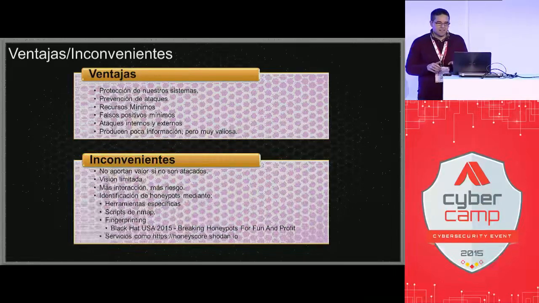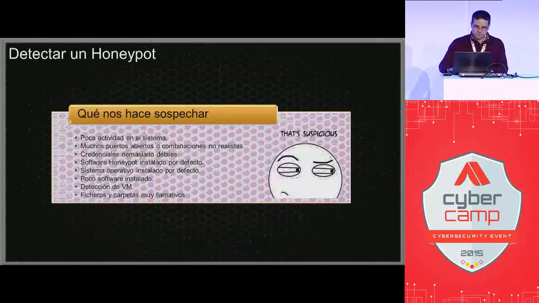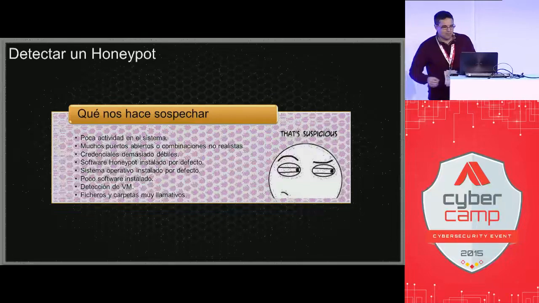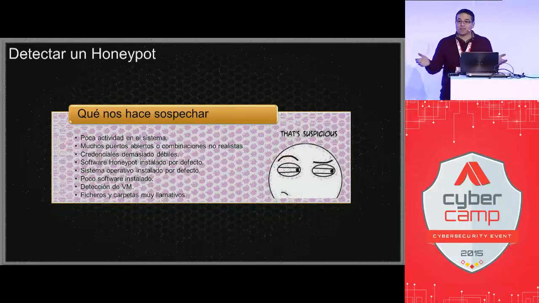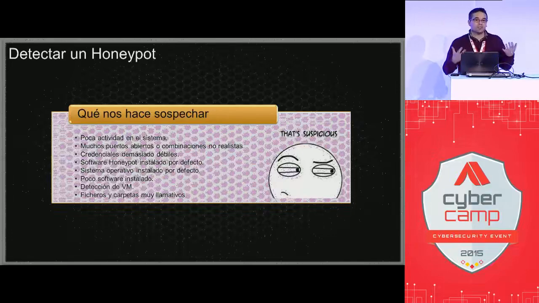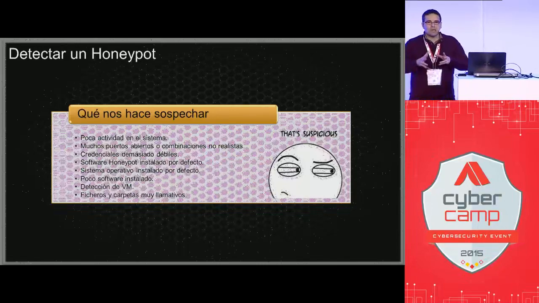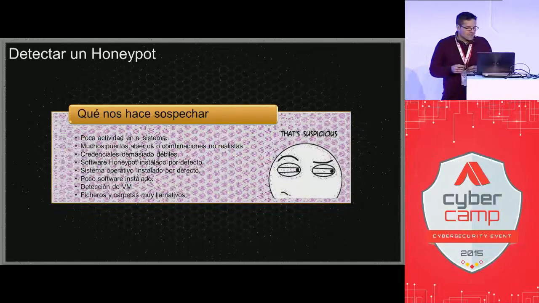And then services, where we enter our IP address and it tells us whether it is a honeypot or not. So what makes an attacker suspicious? Little or low activity in the system, many ports open, or perhaps combinations that are not realistic. We should always remember that the ports that we install should be as close as possible to